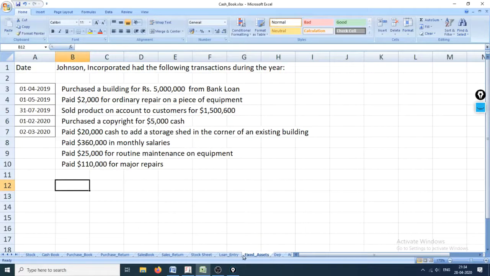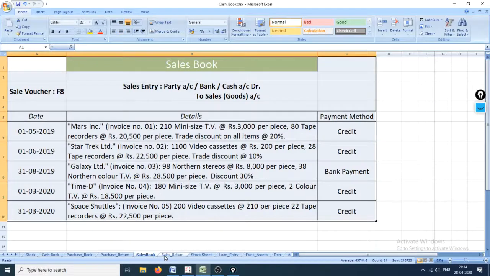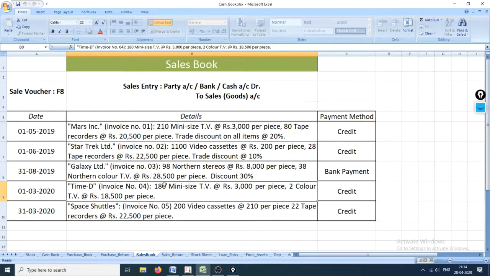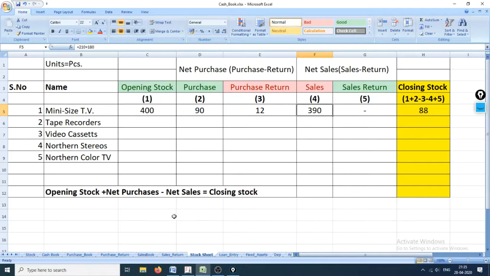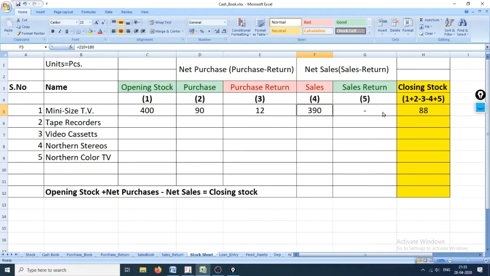Sales amount in the sales book is 210 plus 180, hence it will come to 390. And what is the amount of sales return? Sales return is nil. Hence, you should add all the green ones and subtract all the red ones.